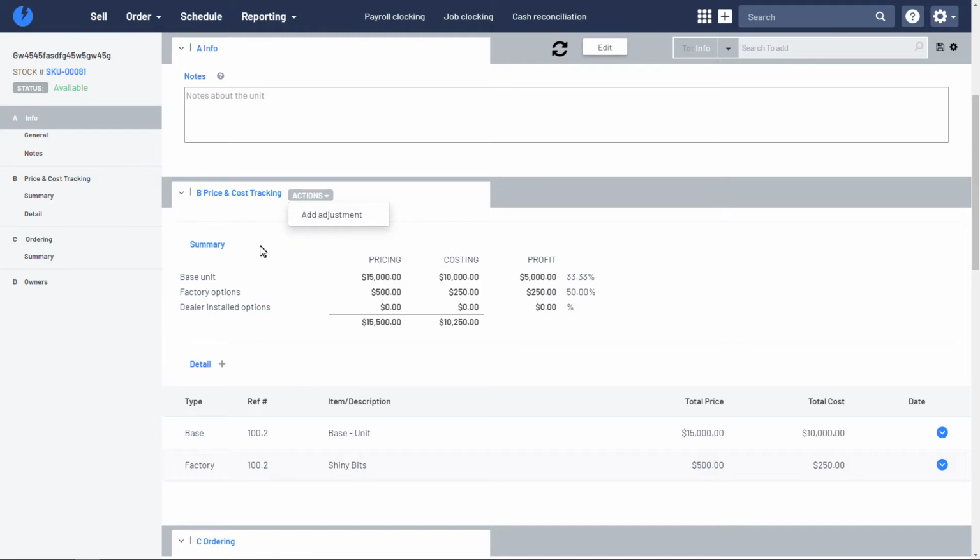But before we do that, let's just have a quick look. This is the line that will be affected by this action. Now this line will not be seen by customers, but it will generate accounting transactions. So when we go in here and add the adjustment,